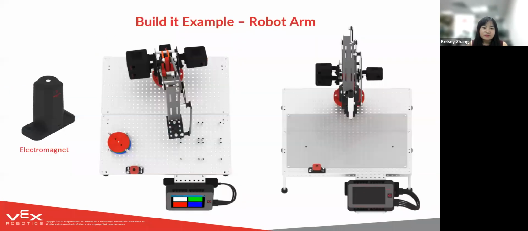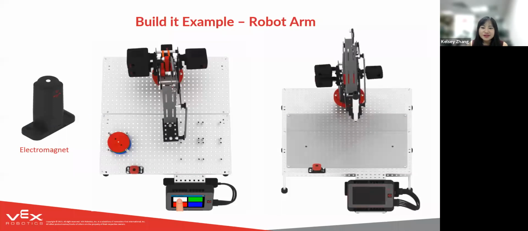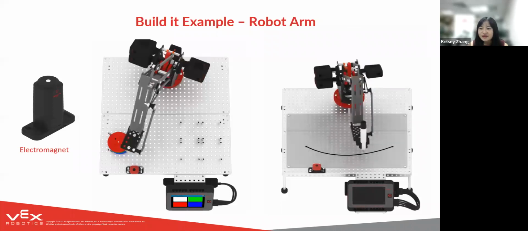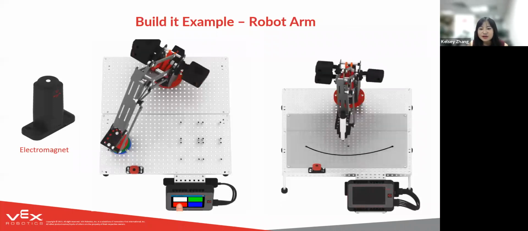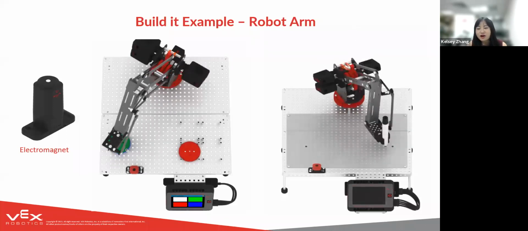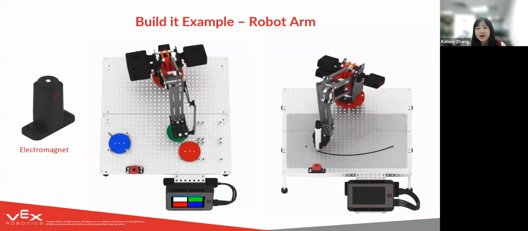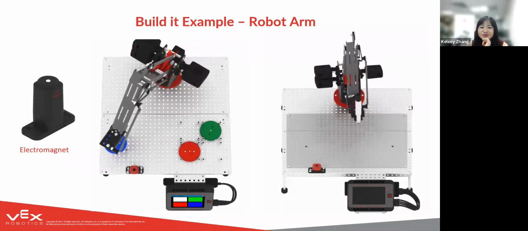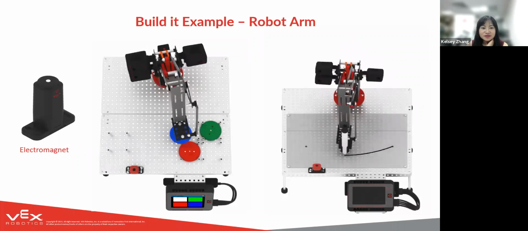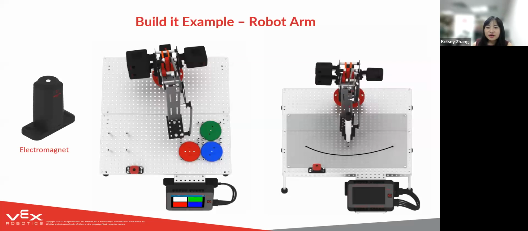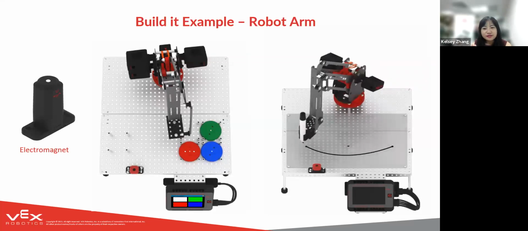And you can also see that we can change the arm tooling as well. For example, in the left video, we've added an electromagnet as the arm tooling for picking up and placing discs. And on the right, at the end of the arm, we have a pen, so it can draw pictures or lines using a marker attachment. This is just a simple example to share with you how we can bridge the gap between classroom and industrial-level robotics.